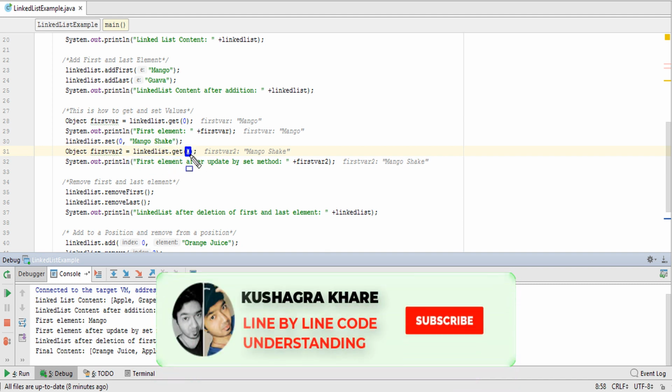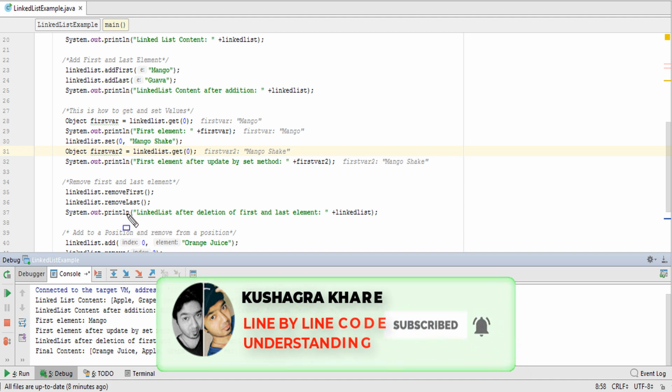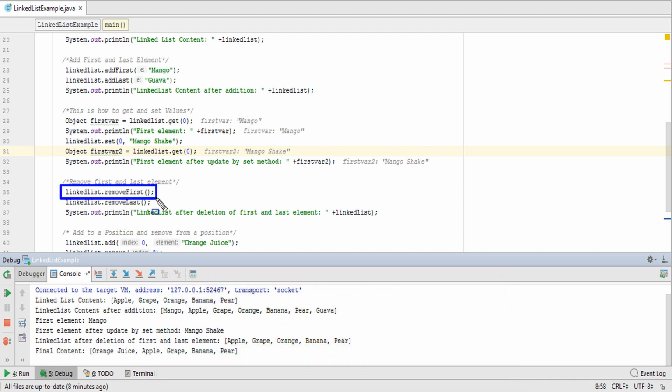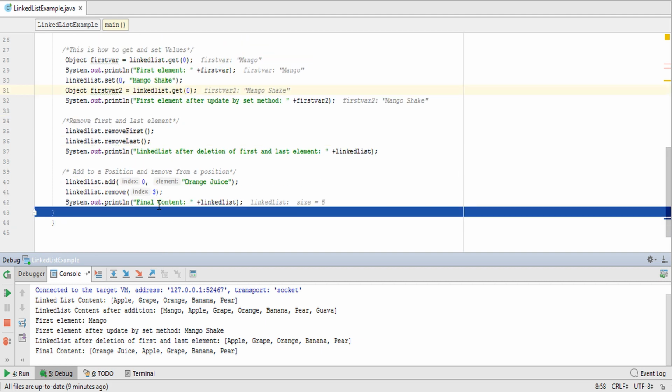This is the index I have defined for which I have to fetch the value. And how to remove the first value, how to remove the last value with this line, and after that how to add any element with the help of an index, like orange juice has been added at index 0, and how to remove with the help of an index. So linked list dot remove, and the index to be removed is defined, and this is how to print all the elements in the list.